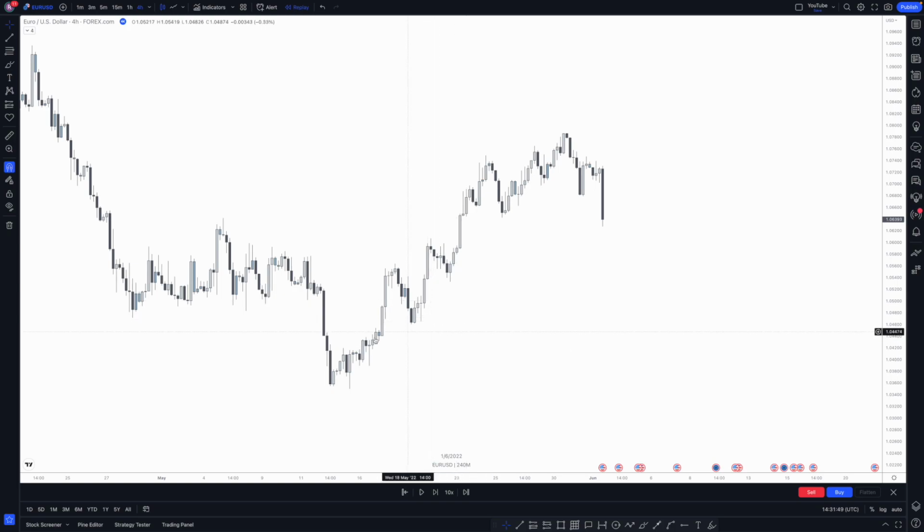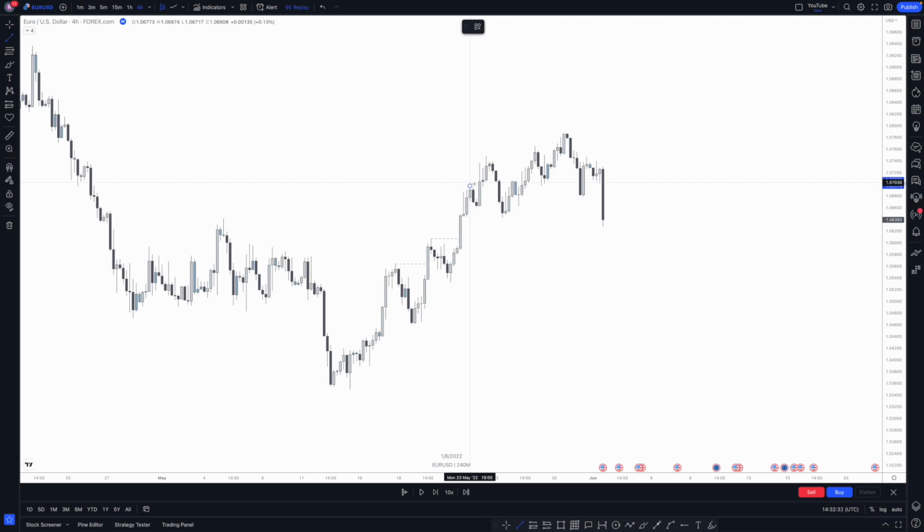But for this example right here, I will be using the 4 hour and the 15 minute in order to show you how this works. So what we've got here is a push up, a pullback, and then a break. So if I just mark this out, we've got a first break to the upside right here, and then we've got our break here,